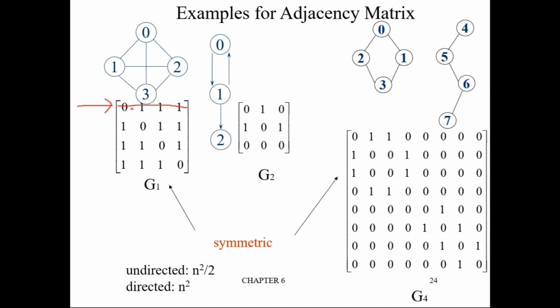0, 1, 1. If you take the 0th column, it will also have the same value, 0, 1, 1. Okay, so like that you can take any row, right? If you take the first row, it contains 1 0 1 1. Okay, if you take the first column, I mean numbering starts from 0, right?